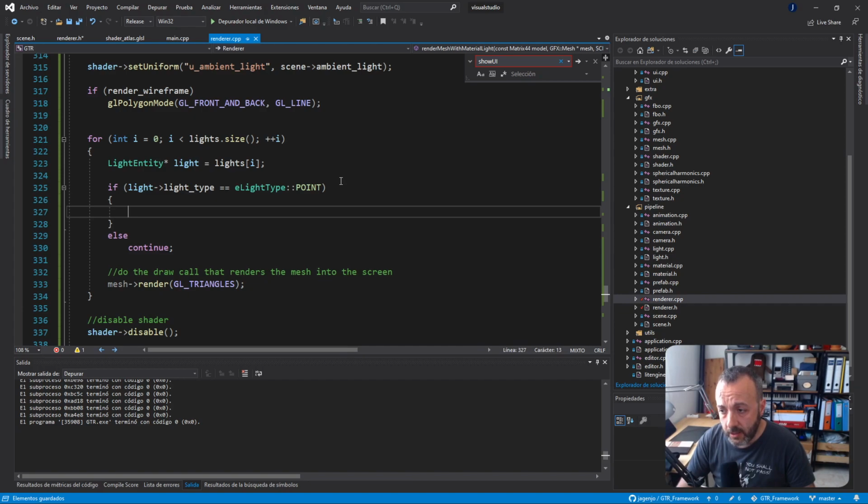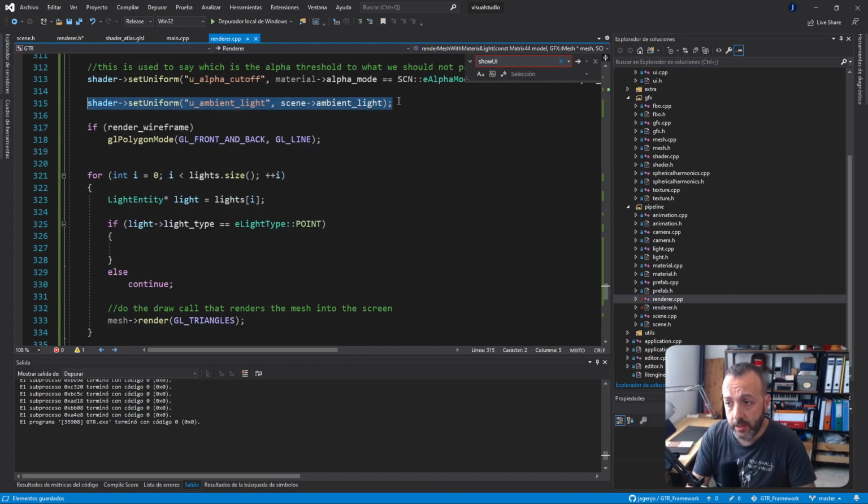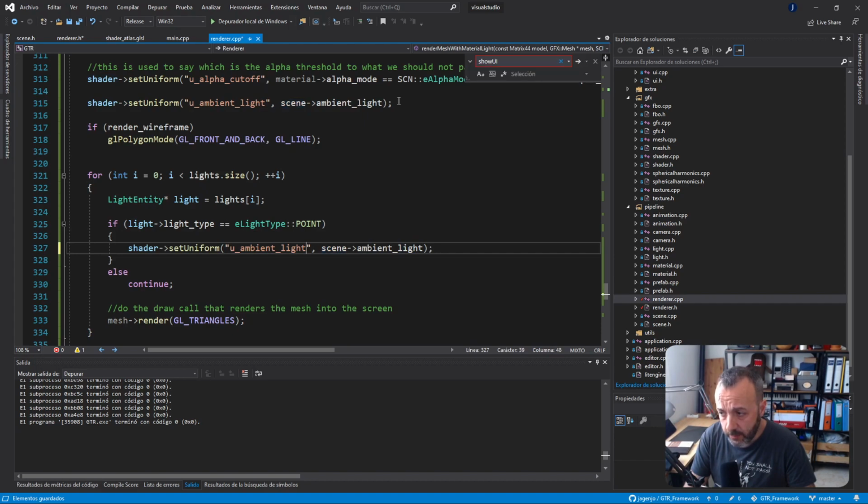Okay, so we have this light and it's a point light. First thing we have to do is send the data about this light to the shader. Which information do I want to send? For point lights, it's very simple. You only have to send the light position. Where is this light? So light,